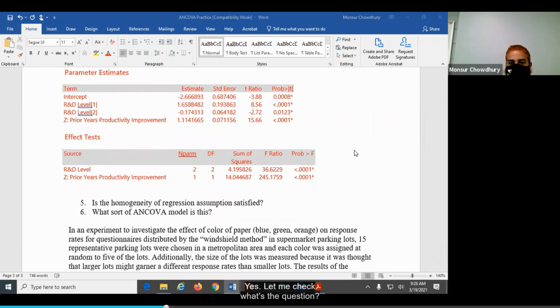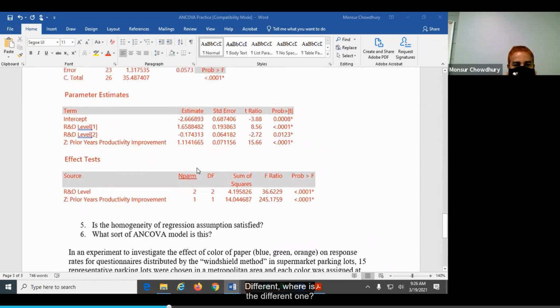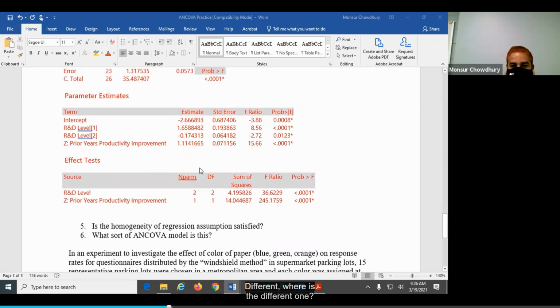Yes, let me check what's the question. What is the p-value of the level 2 in the parameter estimates in a different color? What is different color? Why is it different?